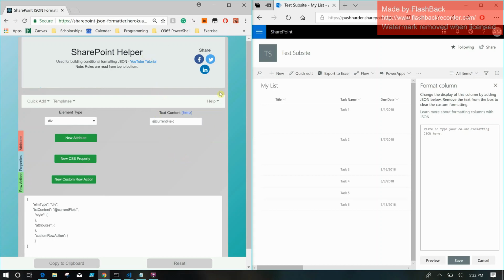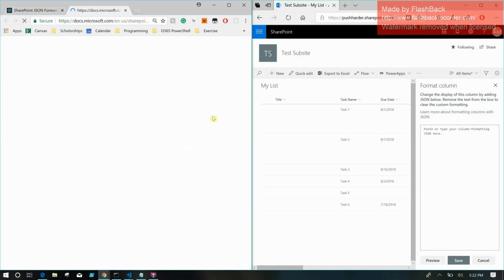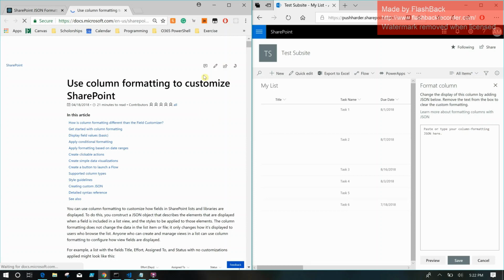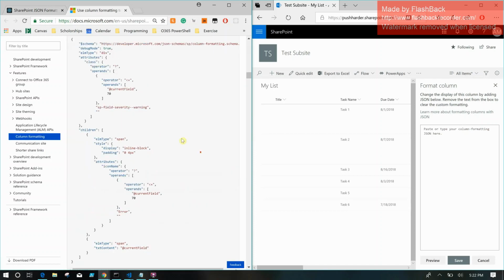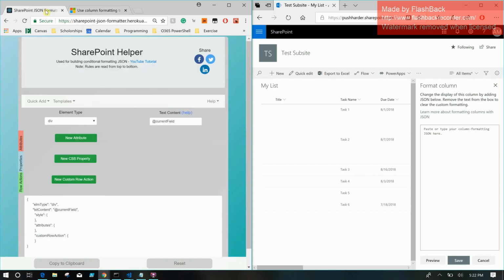To get started, I'll talk about the help button on the top right. Underneath it, we'll find quite a few useful links. The first one being the JSON formatting documentation by Microsoft. For the purposes of this initial tutorial, I'm going to assume that you know how to do this and show you how the app functions, and hope you find value in it. So there's also this SharePoint Fabric link as well to take you to that, but I'll show you that later as well. And the JSON lint